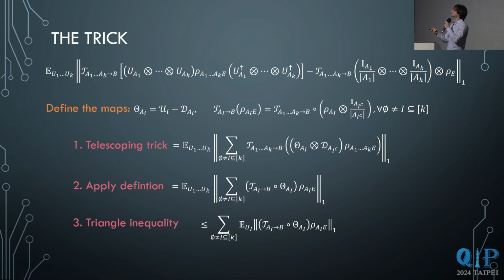So if you want to apply this, you just have to find a clever way to express, imagine that you have some expression that looks something like that. You just have to try to express it in some way, like these differences between what you have and some kind of completely depolarizing channel, which is why we get these identities here, right? And if you achieve this, then you can probably write everything up as this sum, and then with this easy definition and the triangle inequality, you end up being able to use everything independently instead of simultaneously. So that is it.